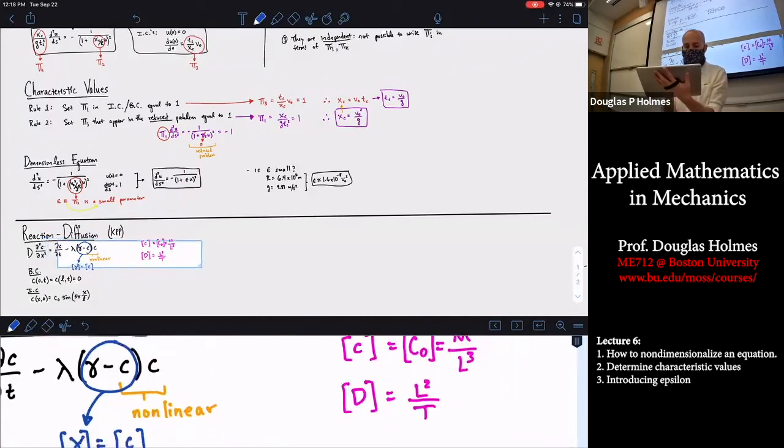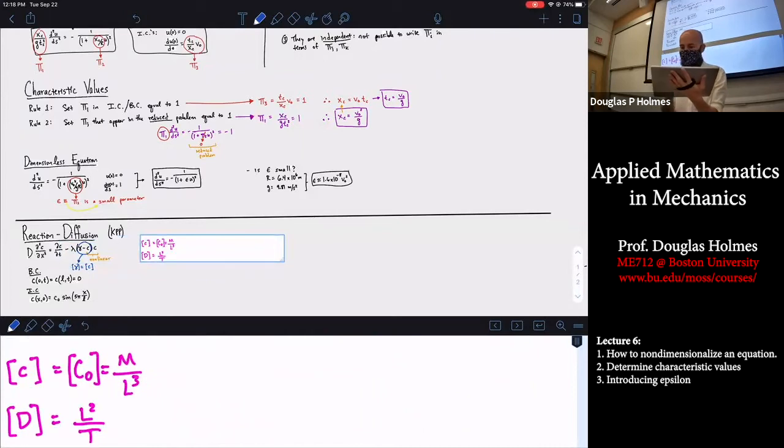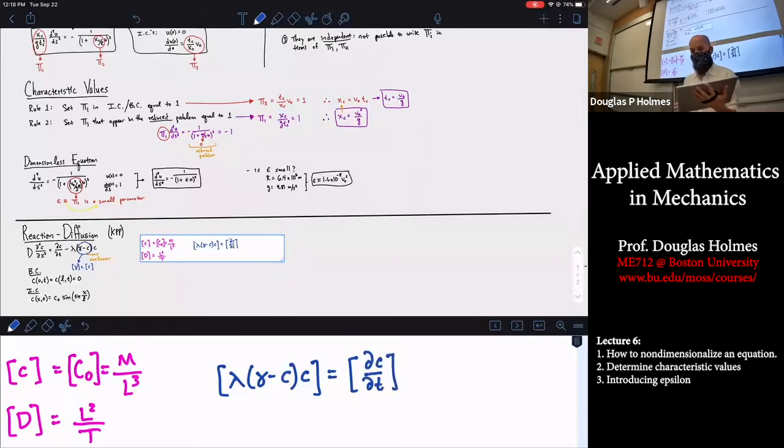And so therefore, I would say that the dimensions of lambda times gamma minus c times c have to be equal to the dimensions of dc dt. Is that clear? Otherwise, you can't subtract the two. They have to be of the same dimensions. We know all the dimensions of c and gamma, their concentration, so therefore,